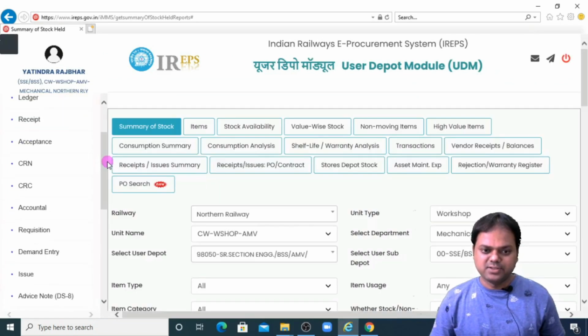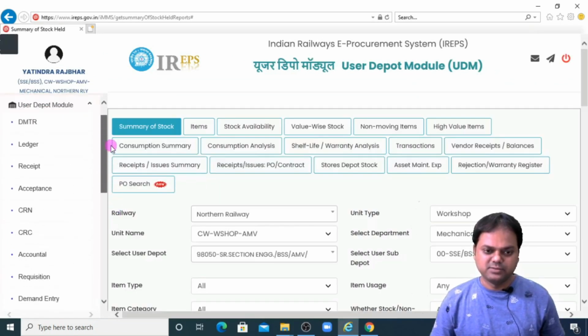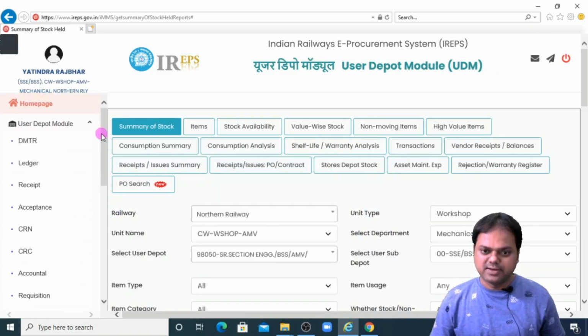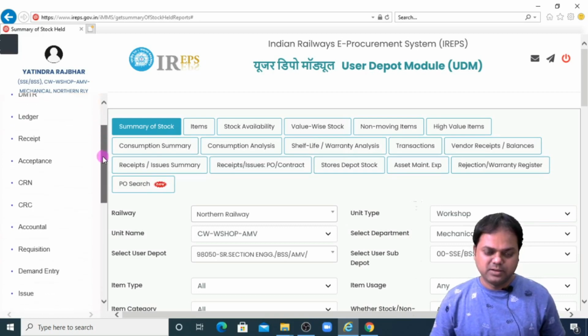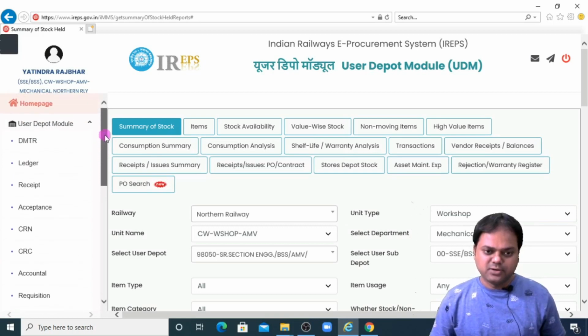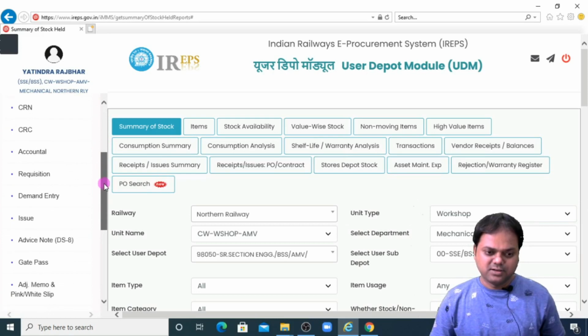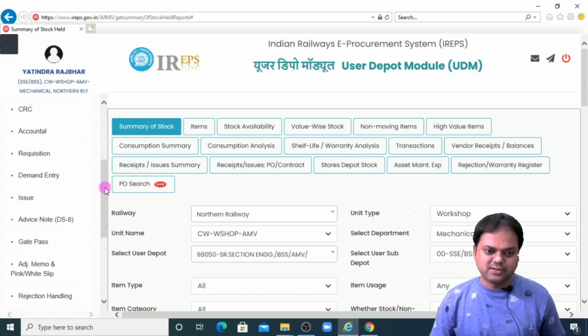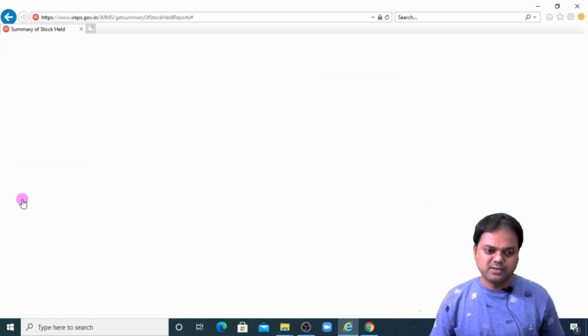I have logged in. See, this is the dashboard. In order to update the AAC and other details, you have to go to the issue option. See here, click on this